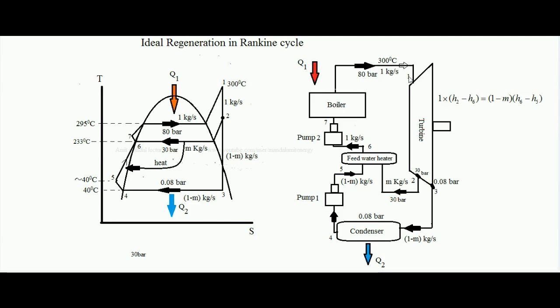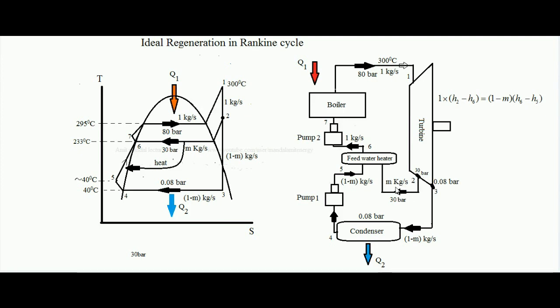This is the physical diagram. So we can see over here that at point 1 steam is at 80 bar and 300 degrees centigrade, which is just an example. It is just to make you understand. The pressure can be of any value and the temperature at the turbine inlet can be of any value. Suppose steam is entering with 80 bar, 300 degrees centigrade, with mass flow rate 1 kg per second at point 1. Now while expanding, when the pressure becomes 30 bar, some steam is taken out, that is m kg per second of steam is taken out at that point.